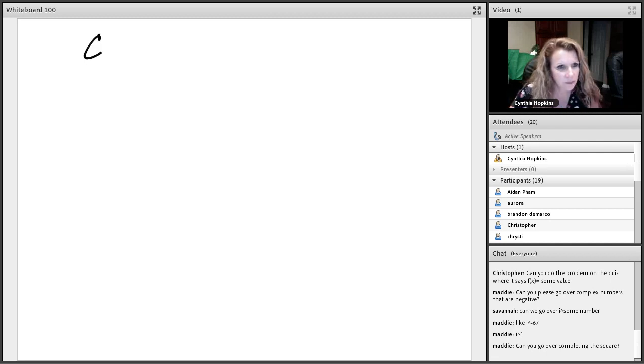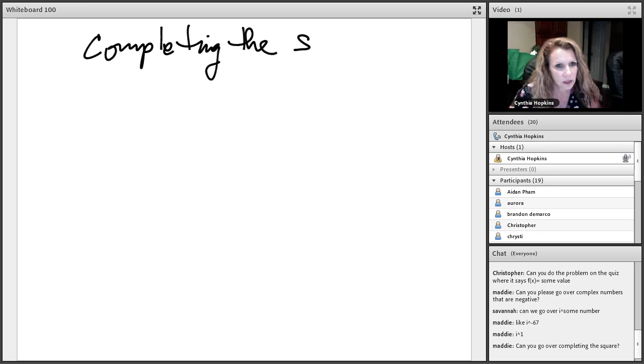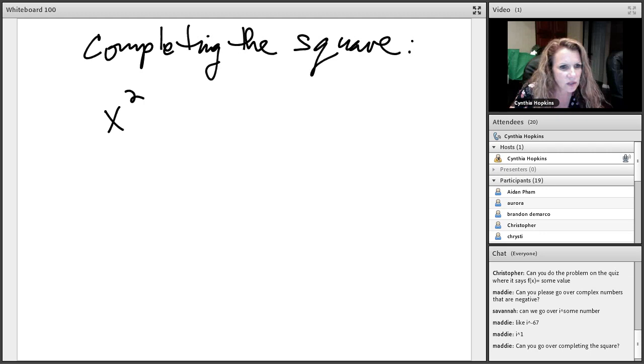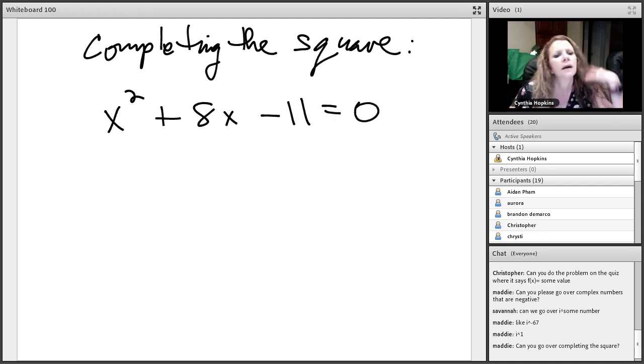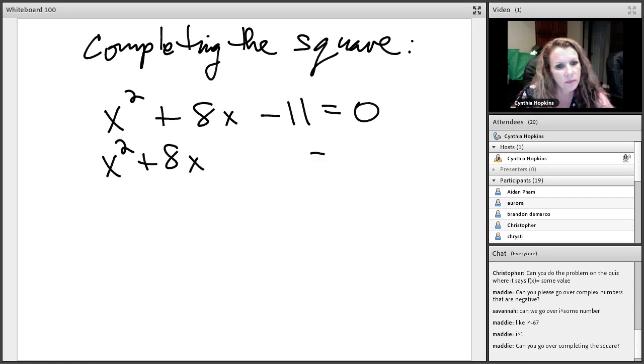All right, let's say completing a square. Okay, I want to use a different middle term. Okay, I'm just going to make it up. All right, let's say I have x squared plus 8x minus 11 equals 0. Okay, so I'm going to leave my first term and second term alone. I'm going to bring the constant term over to the other side, so I get 11. Then I'm going to write plus blank,